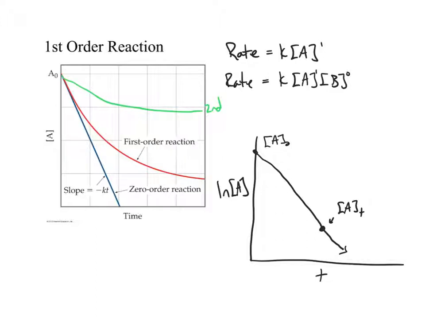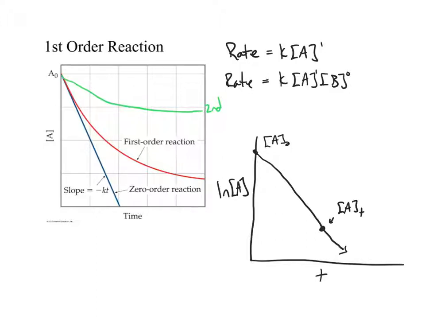And because it's now a linear relationship, I can apply a y equals mx plus b formula to this to help me be more predictive in my ability to do first order reactions. Essentially, if I know two concentrations, I can figure out the time it took to get to that point, or if I have the initial concentration and a time, I can figure out what the concentration is after that certain amount of time. But I need to generate a line, and the formula for that line should be in y